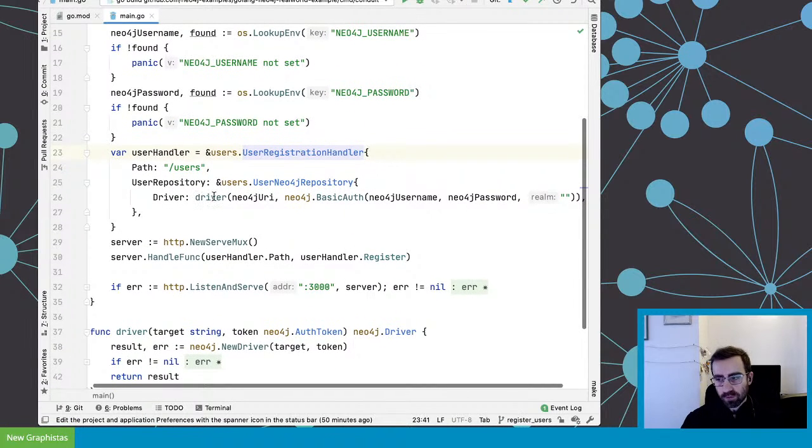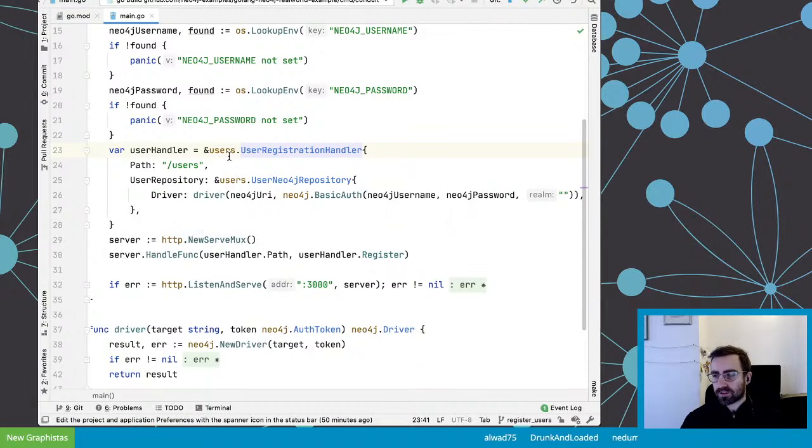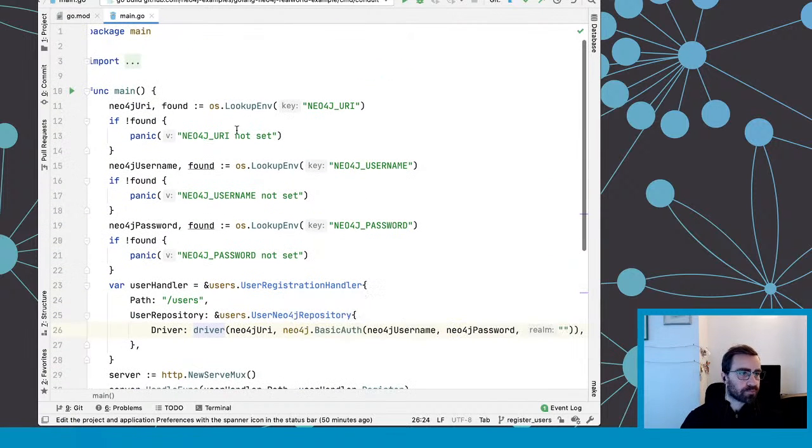And if I have several ones and they all need the driver, I will have only a single instance of the driver. That's usually the recommended setup. The driver is kind of a singleton, and you can open sessions within a thread, so to say. Don't share sessions between threads, but the driver can be a singleton and sessions can be bound to specific threads or Go routines.